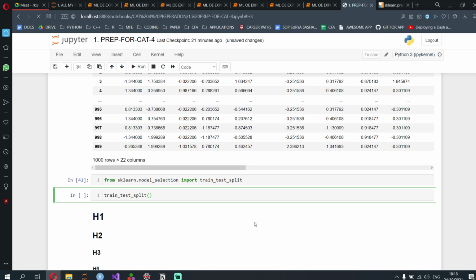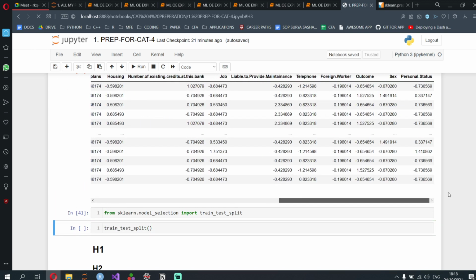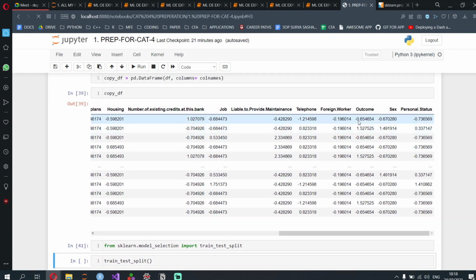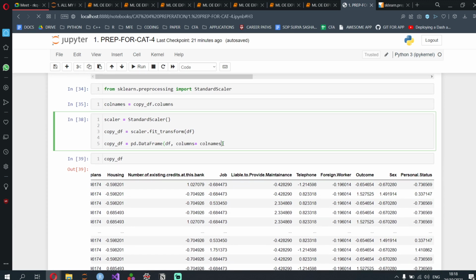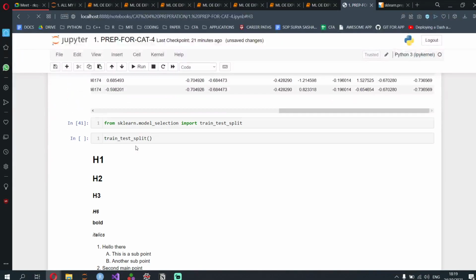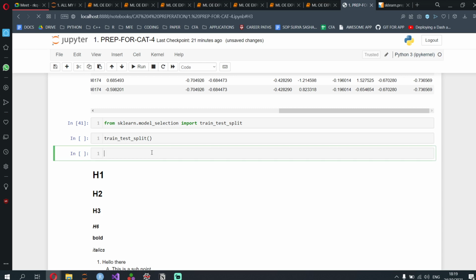I'm going to press over here in my data. The outcome is what I need to predict. So that's another mistake which I made. You're not supposed to do standard scaling here, guys. I'm really sorry, guys. You're supposed to do standard scaling after.